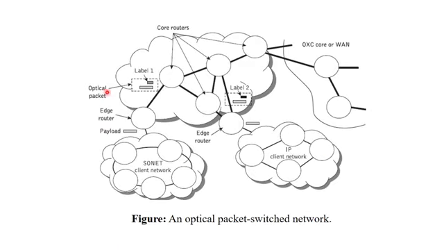Let us consider this complete network in order to explain how this packet switching is going to work. So there are various networks like SONET, IP, and then this is considered as the long haul network or the core, and via this there are other connections out of it, and we must also observe that there is an edge router.